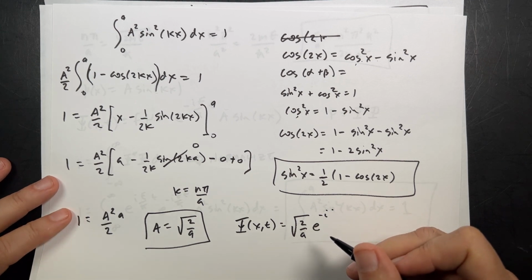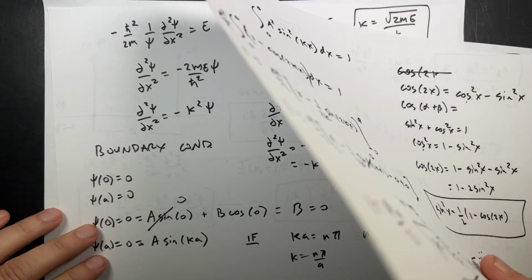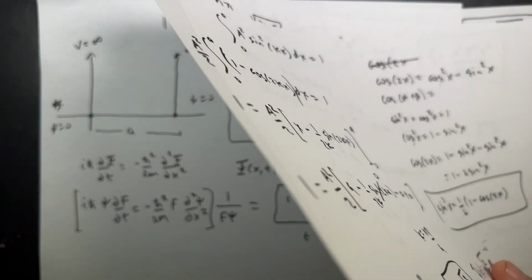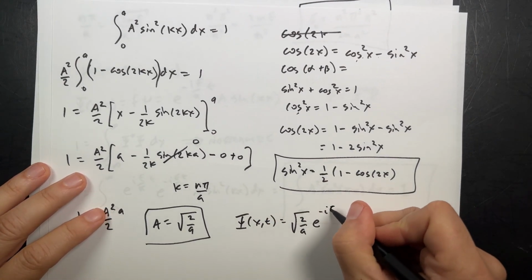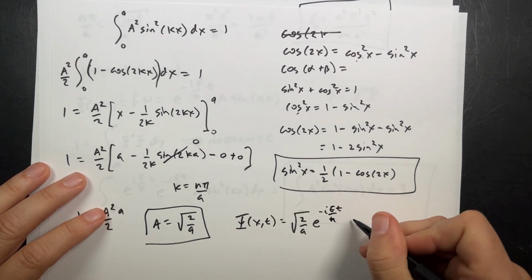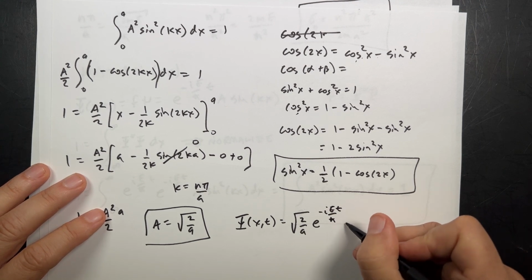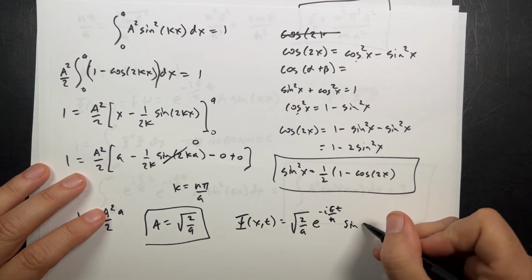I forgot it already. Oh, here it is. Put it over here. E, that's right. E t over h bar, and sine of kx,